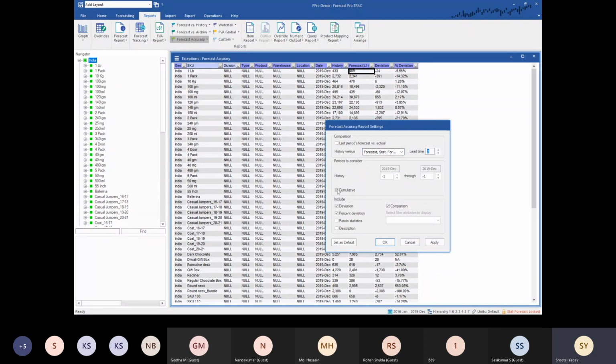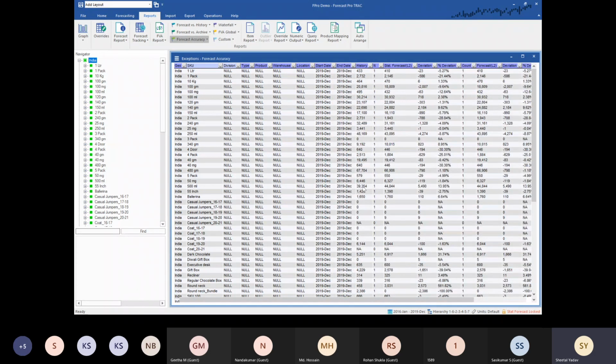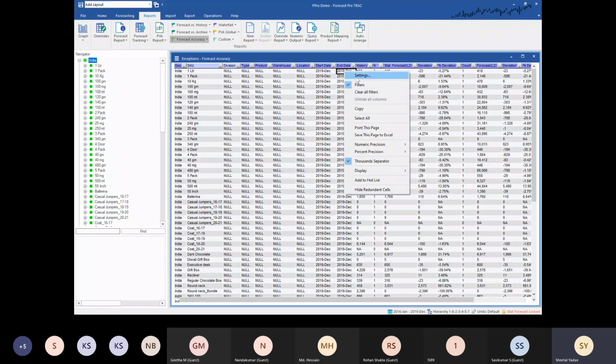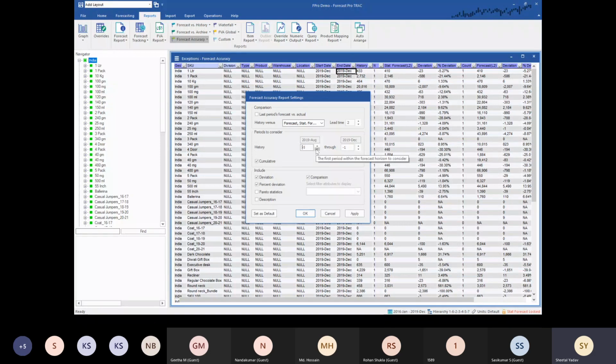And if you would want, the system can allow you to actually accumulate the forecast and actuals. Say in lead time 2, you have 5 observations. If I check this box, then it will accumulate my forecast and accumulate my sales data for lead time 2 for the 5 observations. So what is my start date? What is my end date? Let me change my start date. You can select the start date as well.